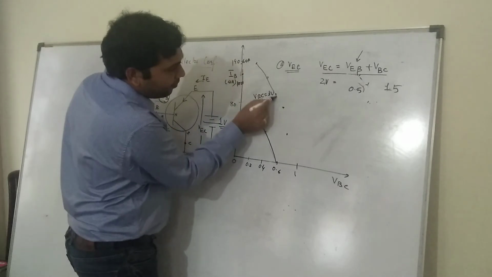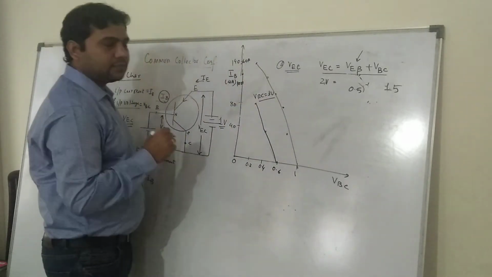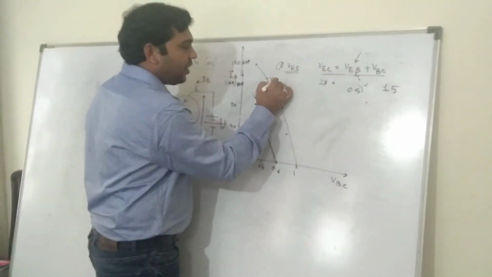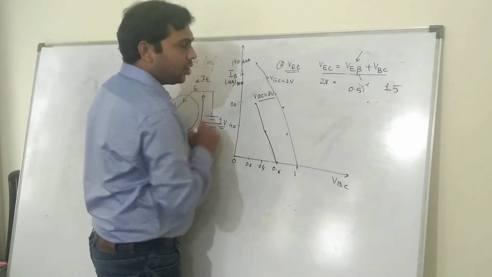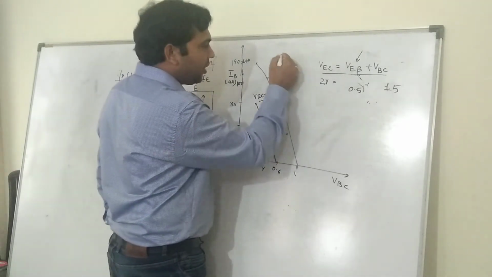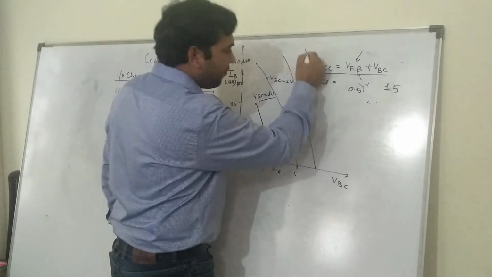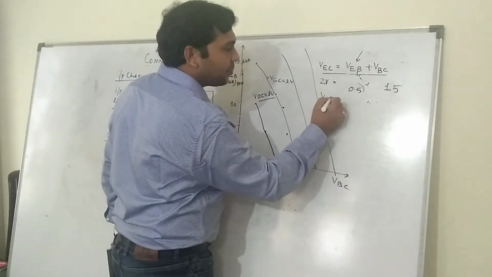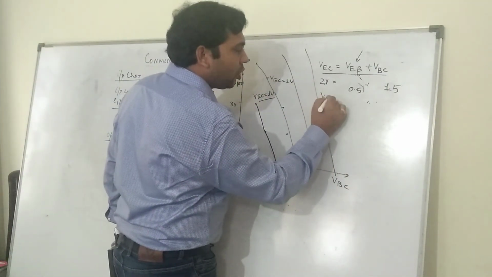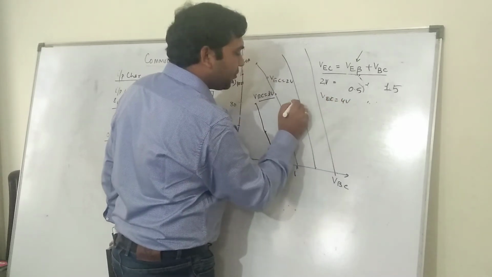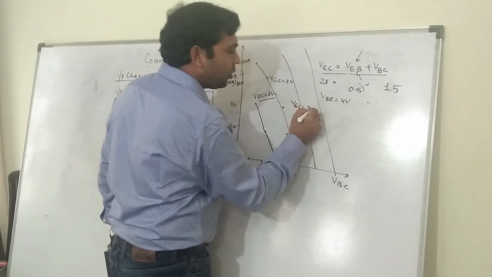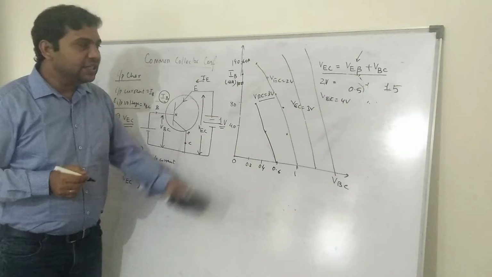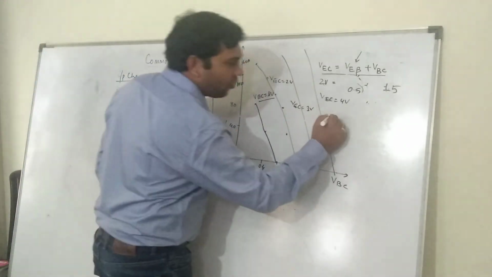This will be at VEC equal to 2 volt. If VEC equals 3 volt, the curve will be something like this. VEC equal to 4 volt, the curve will be something like this. So these are the input characteristics of